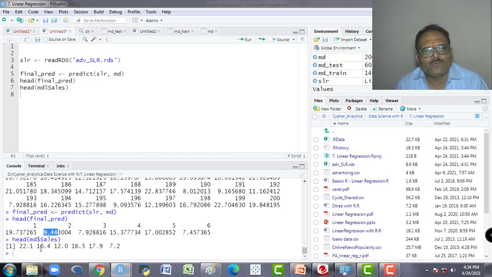Prediction is 9.44, actually it is 10.4. Then 7.92 versus 12.0, 15.37 versus 16.5, 15.37 versus 17.0, 17.9, 7.45, 7.2. So it is near the actual values.